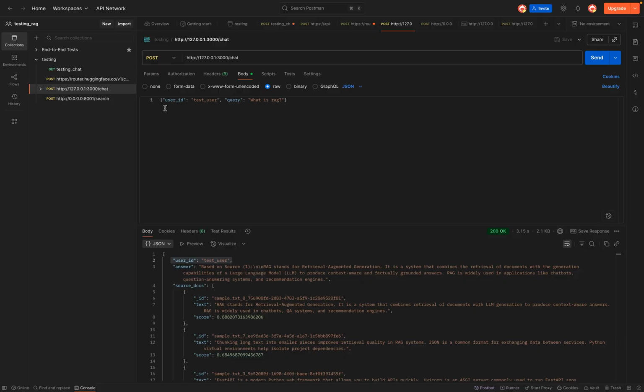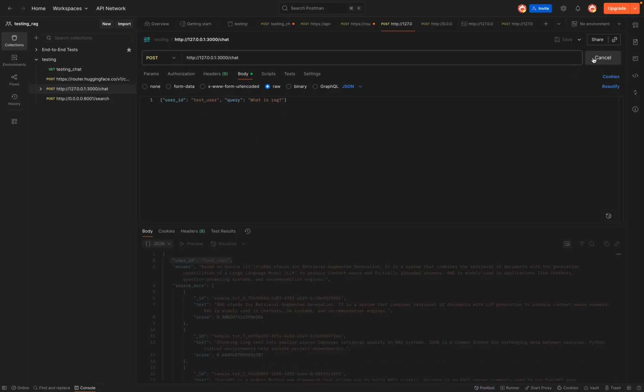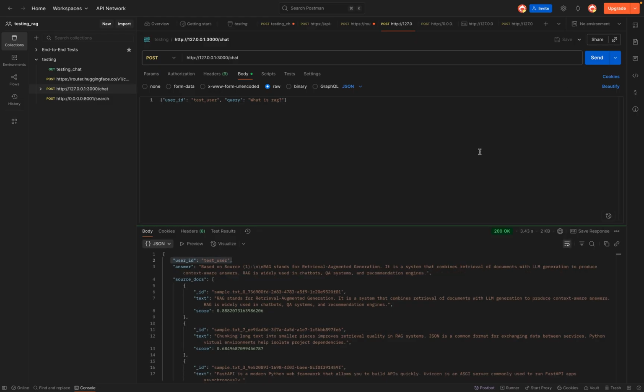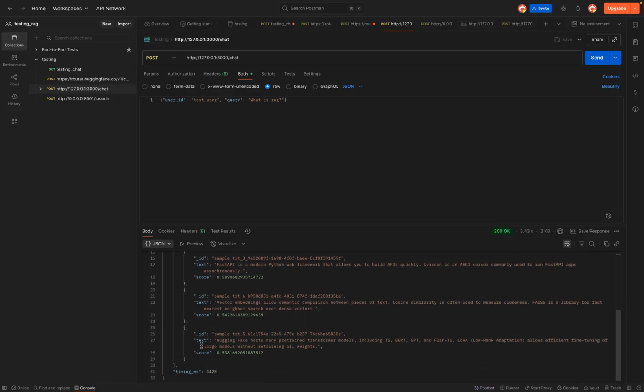So let's send a user ID and a query: what is RAG? I'm asking a query. Let's send the request. As you can see, the request is being processed in Postman, and I have got the results: user ID and answer. RAG stands for retrieval augmented generation. It is a system that combines retrieval of documents with LLM generation to produce context aware answers. And the source docs have also been retrieved, in which the score is there, the ID is there, and the timing is also retrieved,